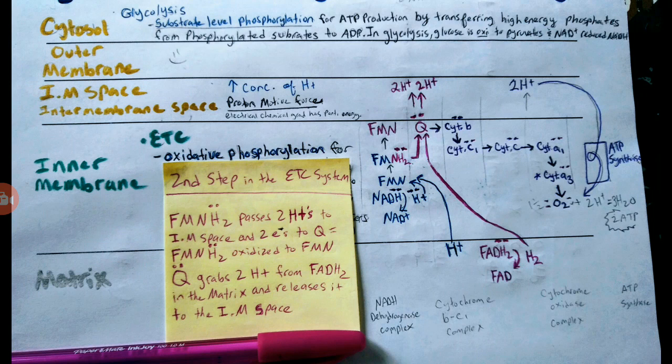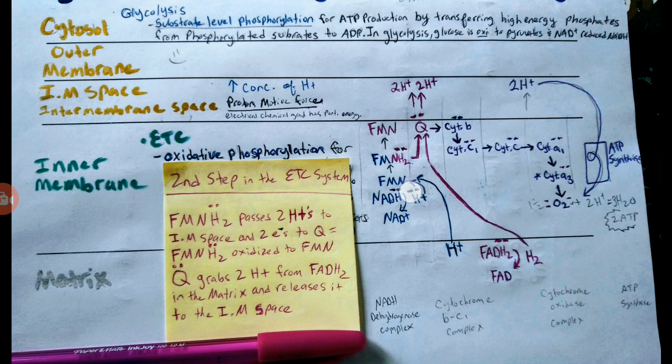Then the second step in the electron transport chain system, and hence the fuchsia color, we have the flavin mononucleotide plus 2 hydrogens passes the 2 H pluses to Q, coenzyme Q, and while it does that, I guess you could say that it transferred to the intermembrane space specifically. That's why there's high concentrations of H pluses there. The FMNH2